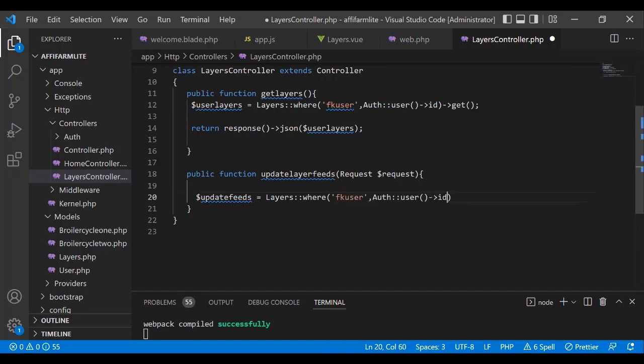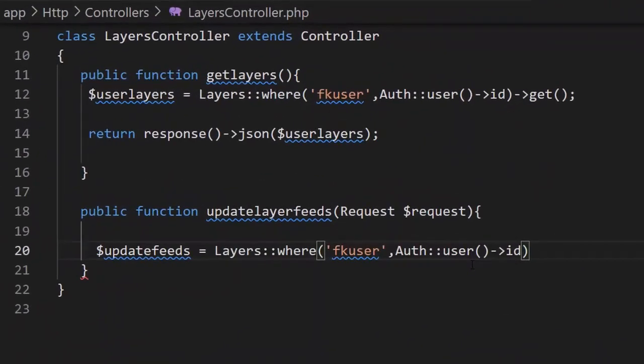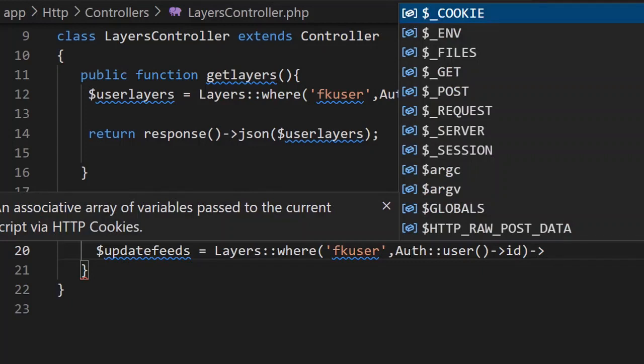Where FK user is auth ID. So we go ahead and include another where. So where the user, okay, we need to update by the way. So where the user FK ID is that. In fact, find,